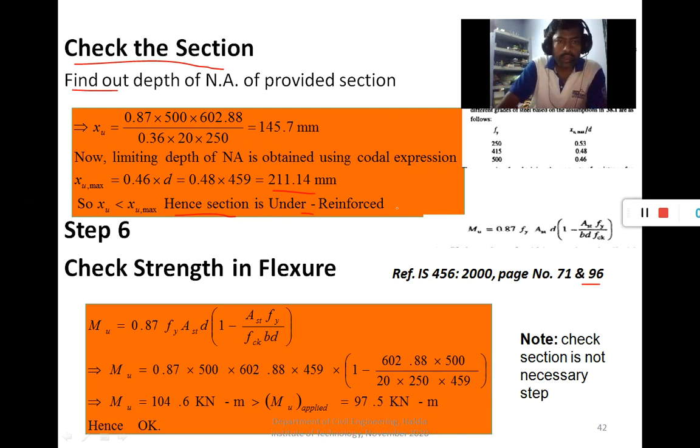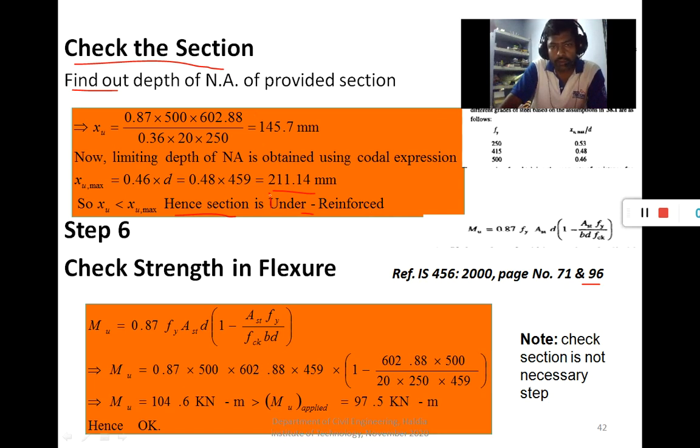Generally the over reinforced sections are not used, so only two sections are left, balanced section and under reinforced section. The balanced section is not a practical section, so only one section is left, that is the under reinforced section, because to ensure ductile failure you have to provide an under reinforced section. In a balanced section, the concrete and steel both reach the limiting strain, so if failure occurs, brittle failure will occur.